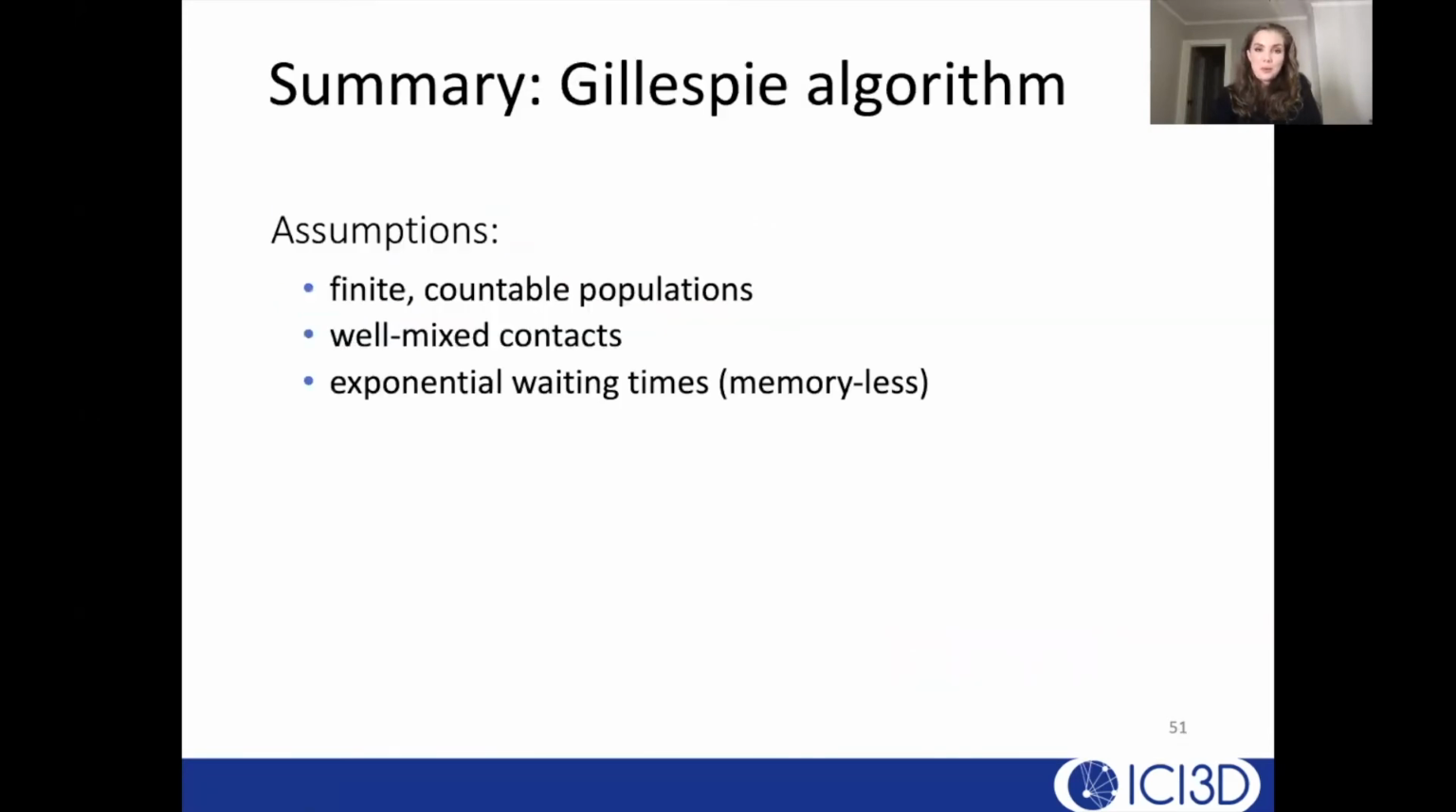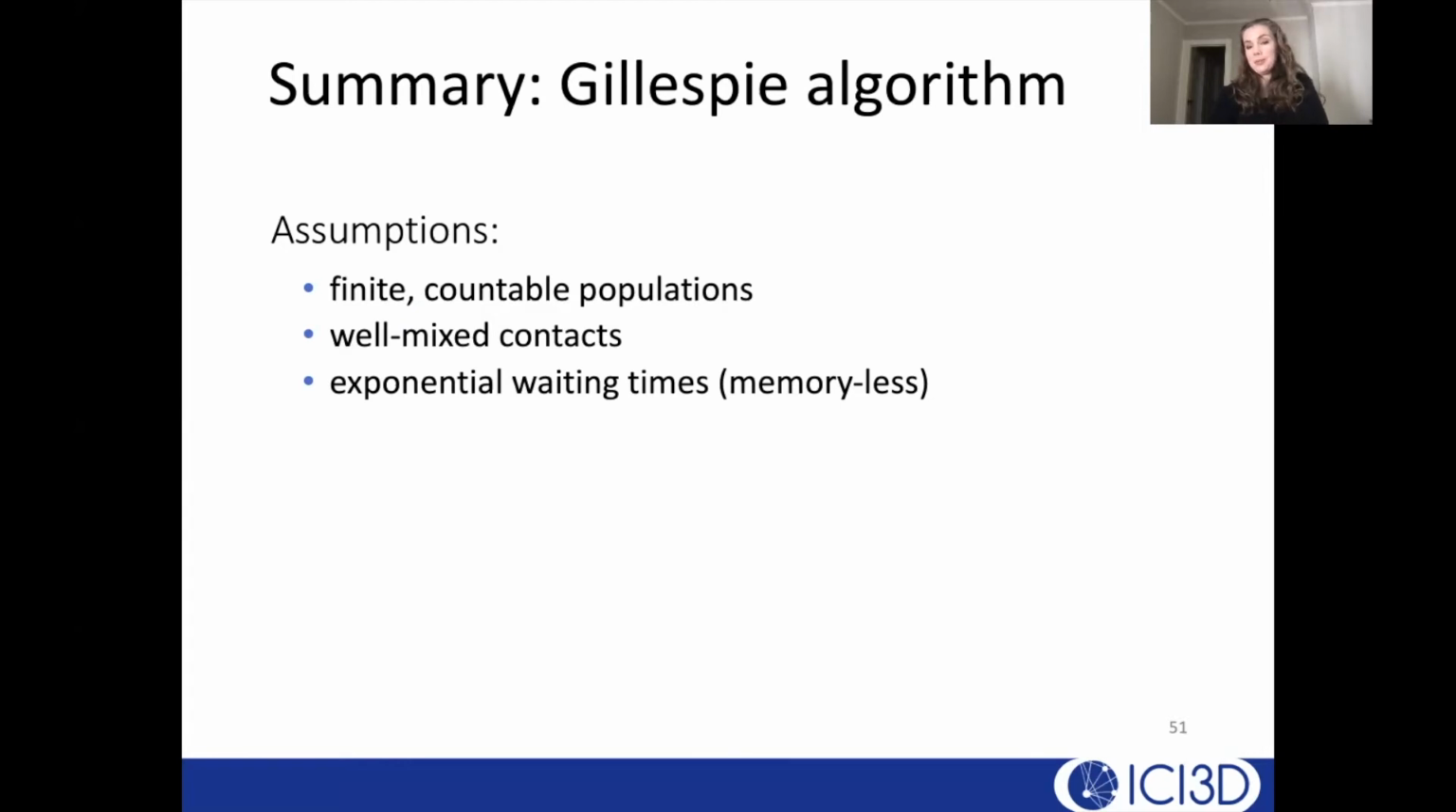Okay, just to summarize the Gillespie algorithm assumptions, we have finite countable populations, which we are often thinking of populations as being finite, so that's not a terribly undesirable assumption. We are assuming well-mixed contacts like the differential equation models that we've been looking at, as well as exponential waiting times. And one property of exponential waiting times that I should mention is that the processes that use these waiting time distributions are memoryless,